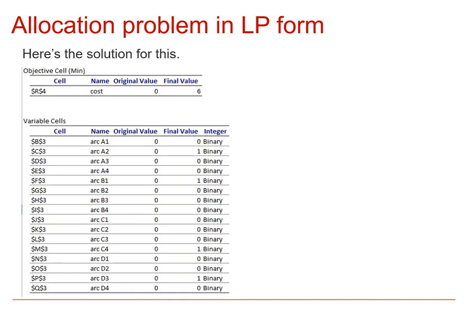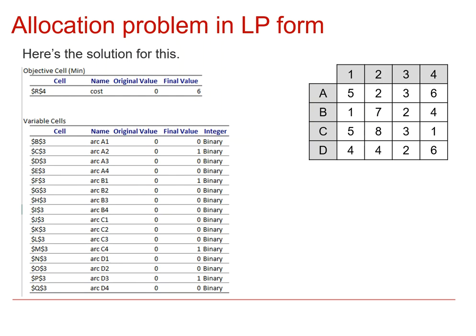So here's the solution from our LP solver. We can see it's told us that the total cost for the solution that it's found is 6, and the solution itself we can see by looking at where these 1s appear. These tell us the matchings which have been included. So on our table we can see them. So it's told us to include B1, which is there,